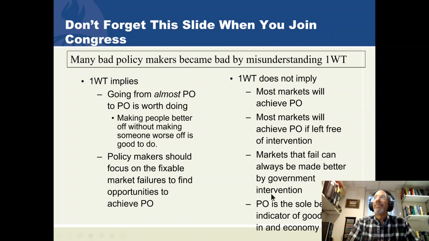And finally, as I've suggested before, it is a mistake to believe that all we have to do, 100% of government's job to create social welfare, is to create Pareto optimality. The fact is that Pareto optimality is not the sole best indicator of the goodness in an economy. There are many other things that economies care about, and justice and fairness is one of them, and Pareto optimality is not very good at creating the justice and the fairness. So to the point on whether or not a government is always going to make things better. Sometimes it will, sometimes it won't.